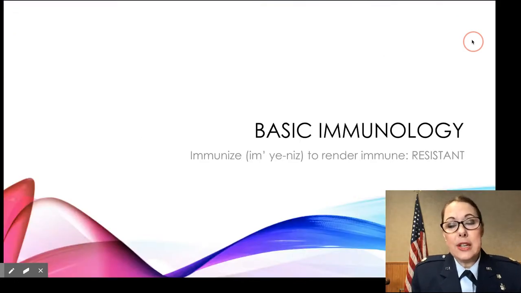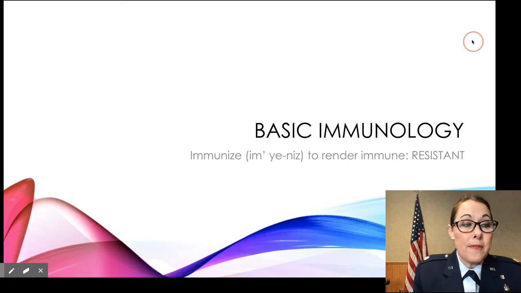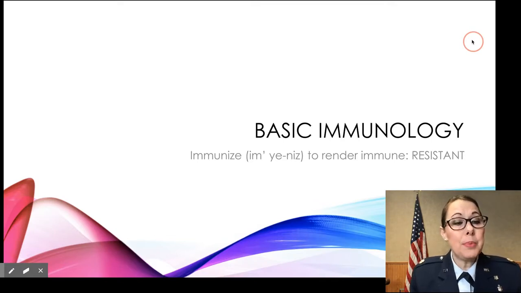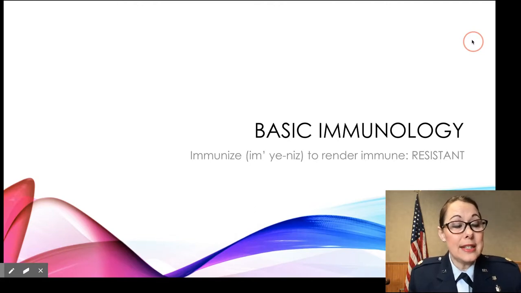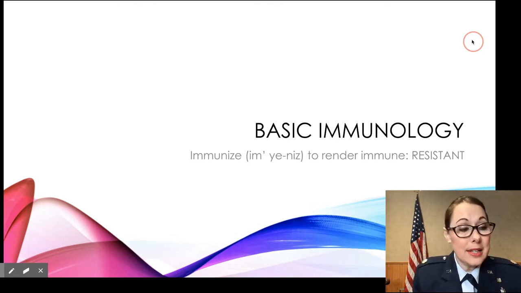Basic immunology. To immunize means to render immune or resistant. Immunization or vaccination has been around even before we knew about infection or immunology. In 590 BC, inoculation of smallpox was used as a protective measure in the Song dynasty of China. Deliberate inoculation of smallpox as a protection against natural diseases was also used in 1721, but most famously by Edward